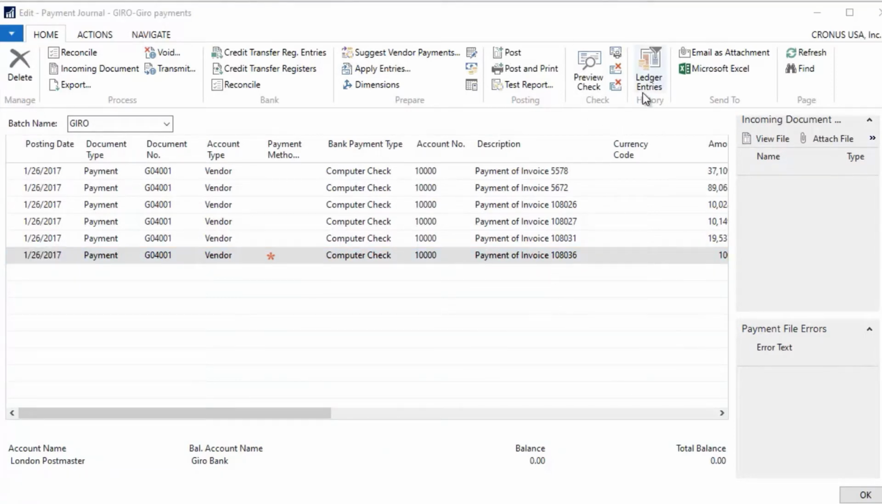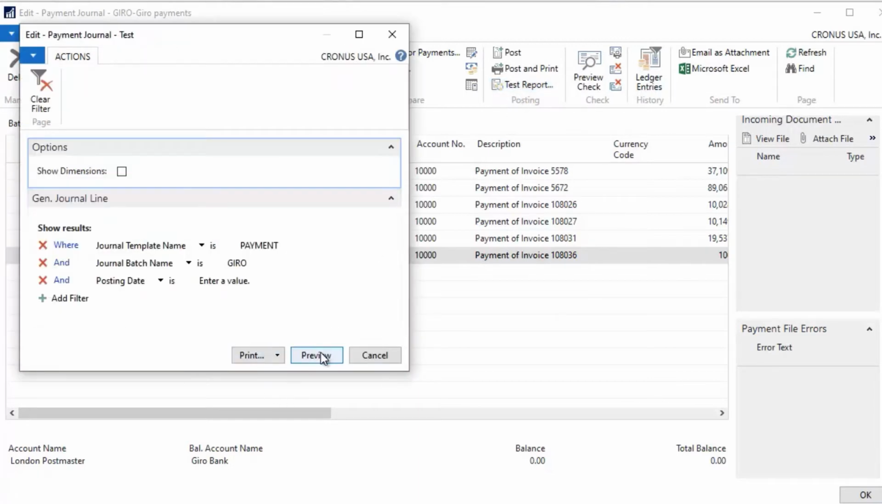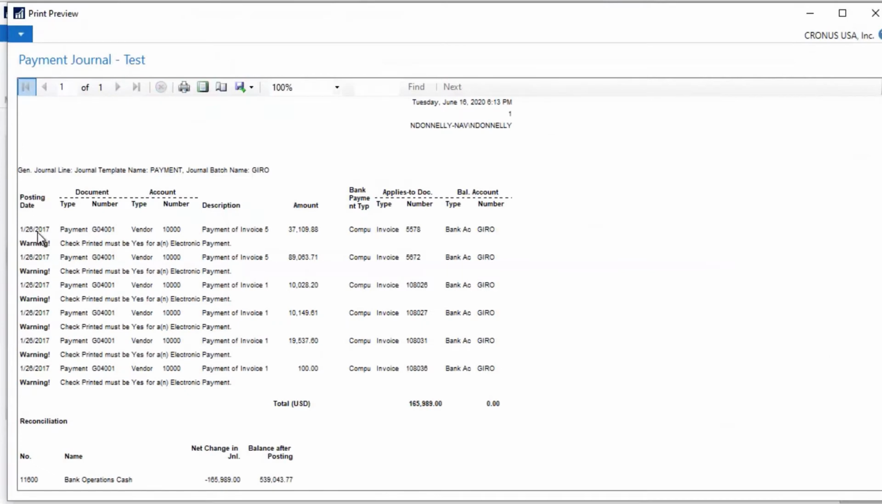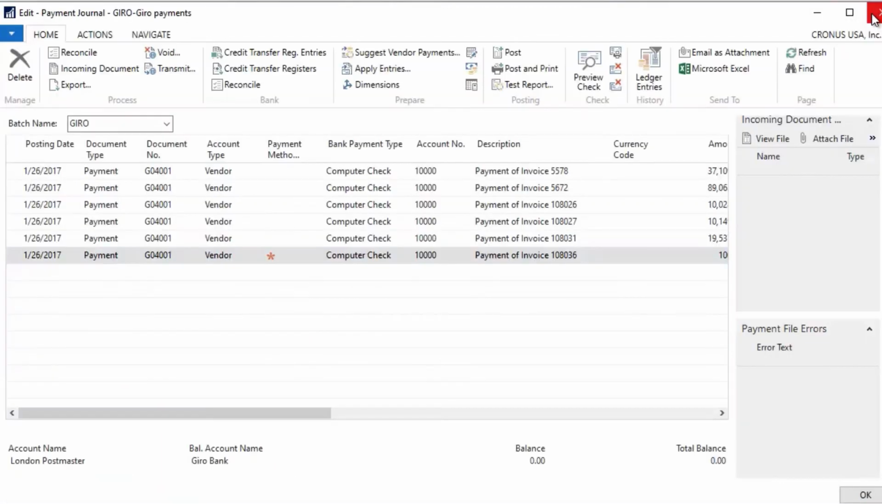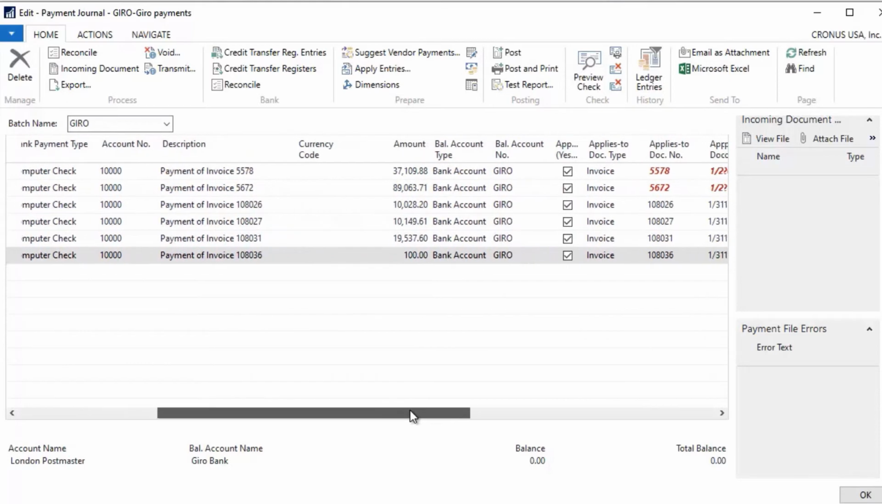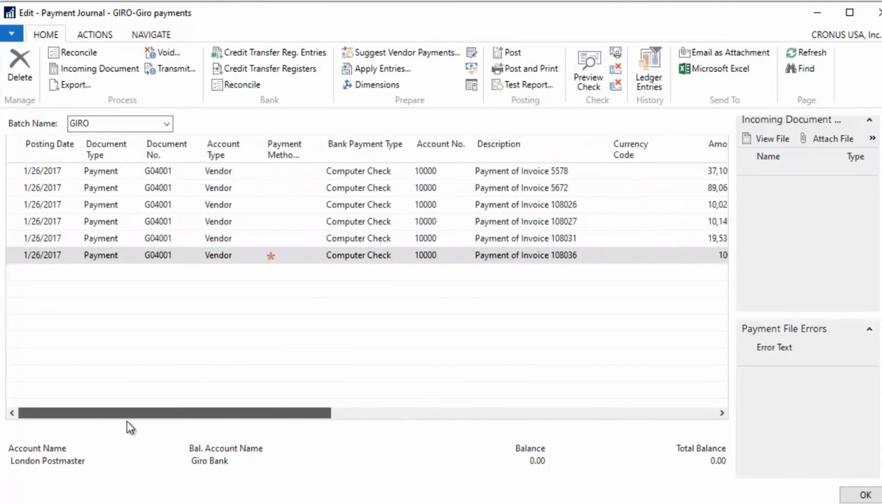So there's a couple of things that I can do to kind of make myself feel better the first time I do this. I can print a test report here. And what this does is it actually shows me each of the lines that it's going to print, the amount that it's printing, the total that I'm paying out, 165,989 in USD. And it's giving me warnings here that printed check must be yes before I can actually post these transactions. Because these are set up with a payment type of computer check,